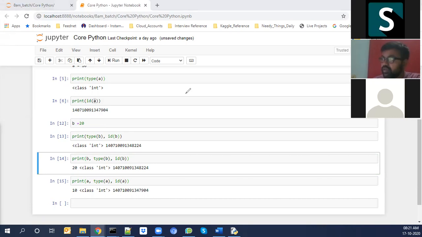So what I mean to say is, when I say A equal to 10, in my Python memory it will create an object A with the value of 10 and memory address of 7904.